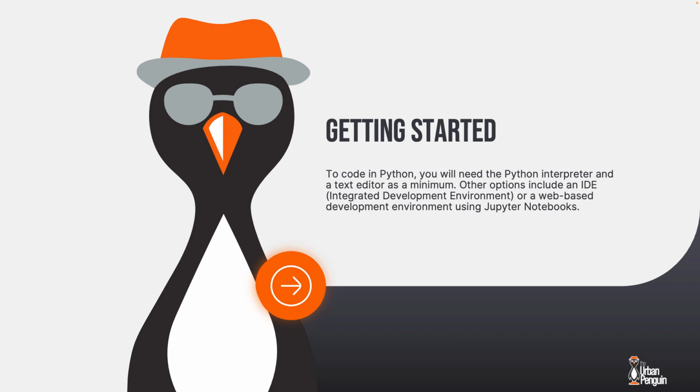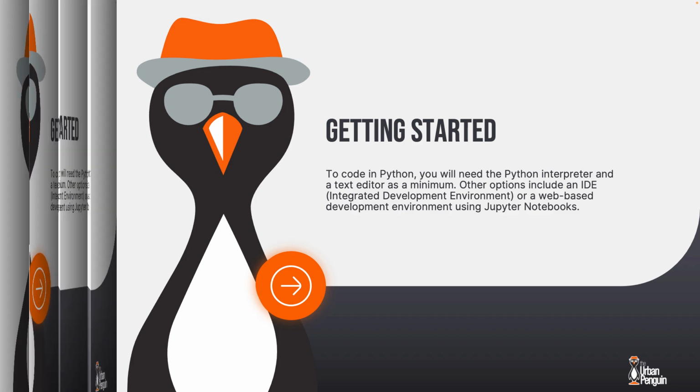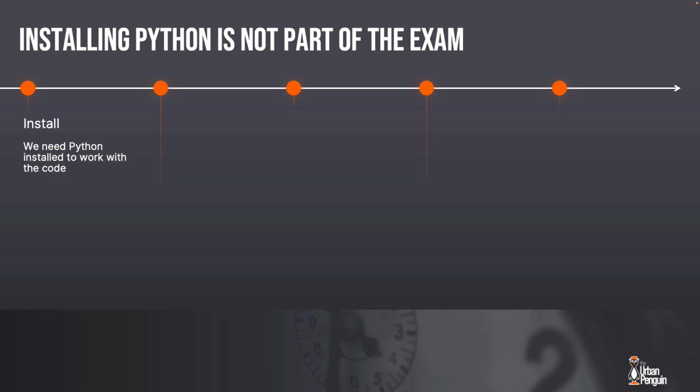Welcome to this module. We're going to take a look at getting started. Now remember, this isn't part of our objectives for the exam, but it's going to get you up and running with the minimum requirements to be able to run Python. So let's say this is not part of the exam. You'll see when we cover some of our exam objectives, we'll show you the objective number.